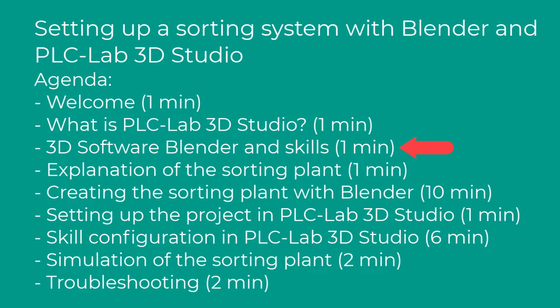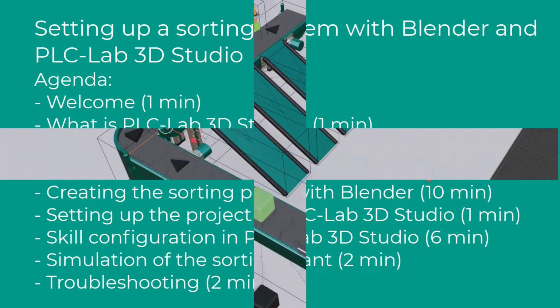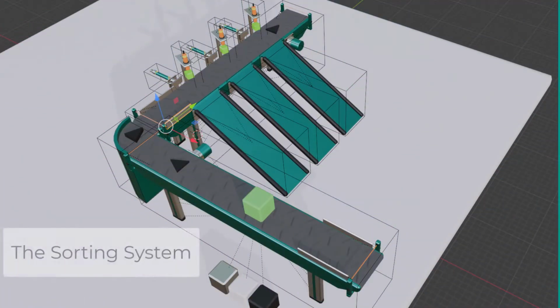Let's run through this with a concrete example. How about a typical sorting task? That's a perfect idea. That's a classic practical example that covers many core competencies. Let's imagine the following. We build a small system with 3 conveyor belts arranged at a 90-degree angle to each other, forming an L shape.